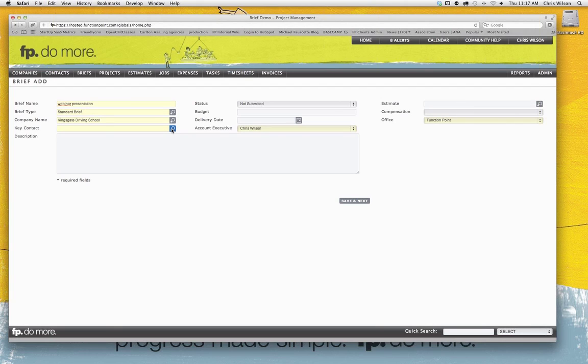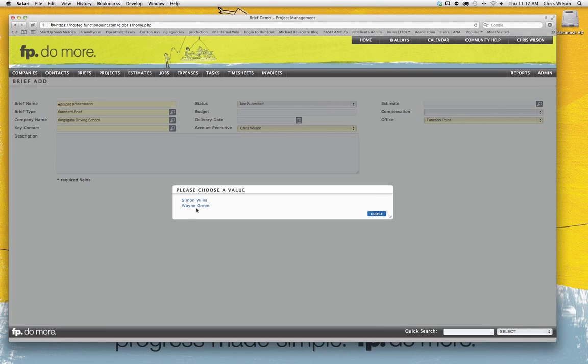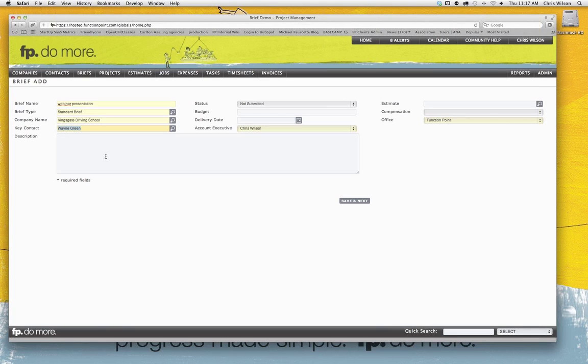I can choose key contacts from the particular company that I'm working with. In this case, I'll select Wayne. And of course, it's important to just point out with any of our smart fields, you can type a partial match and simply tab out of that field by, say, clicking somewhere else on the page, and it will search if there's a single match or present that pop-up that we had just been looking for. In the case of the company name, it will auto-populate it because we had come from the company detail page where the information from that company was known, so it automatically got put in.